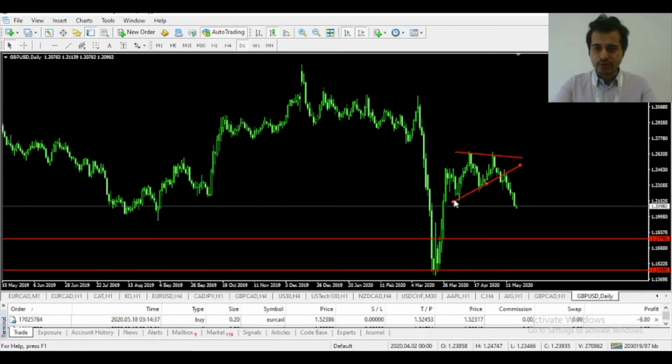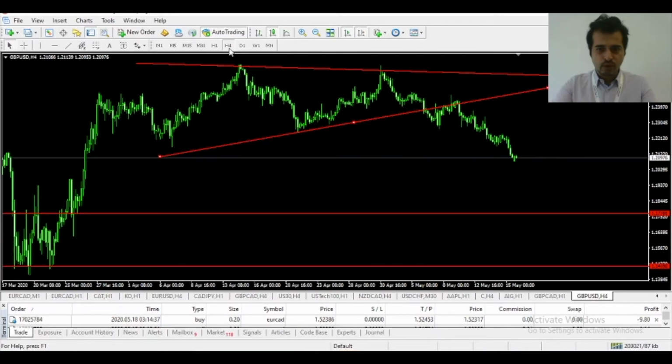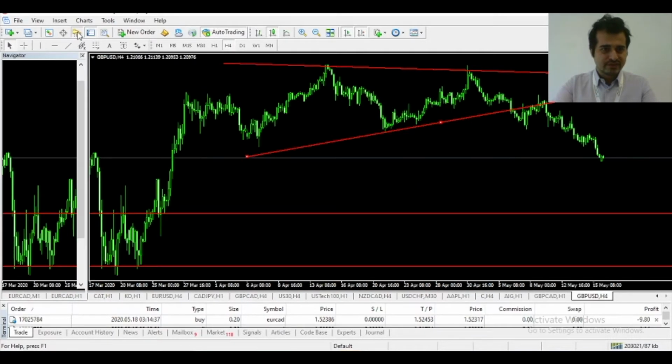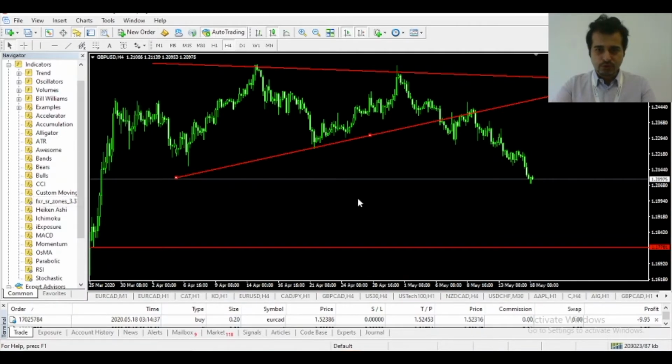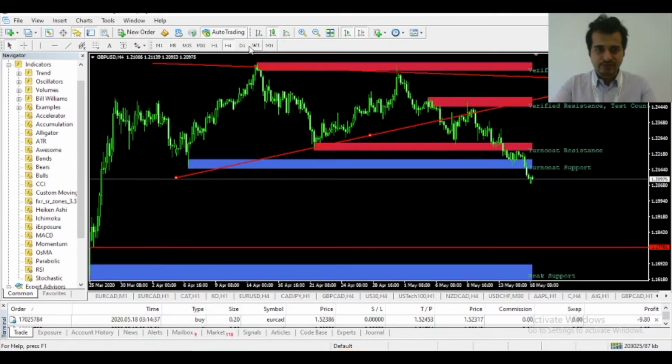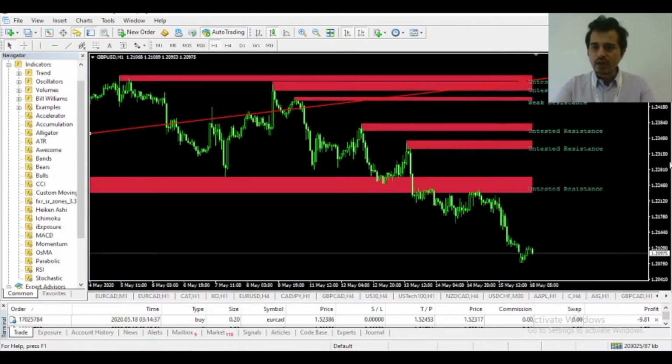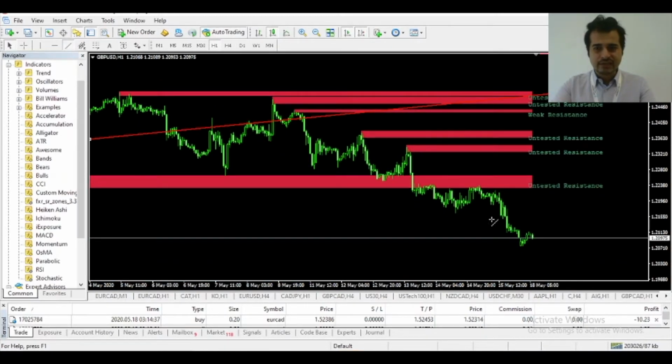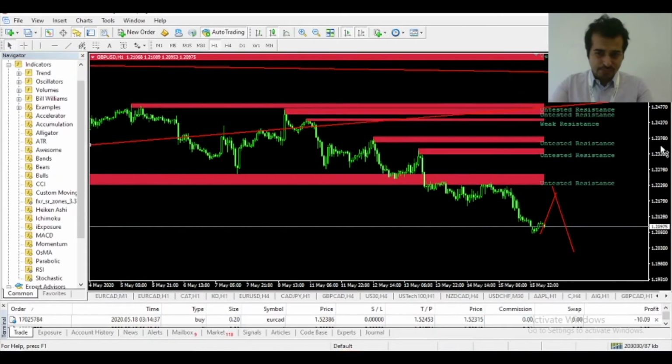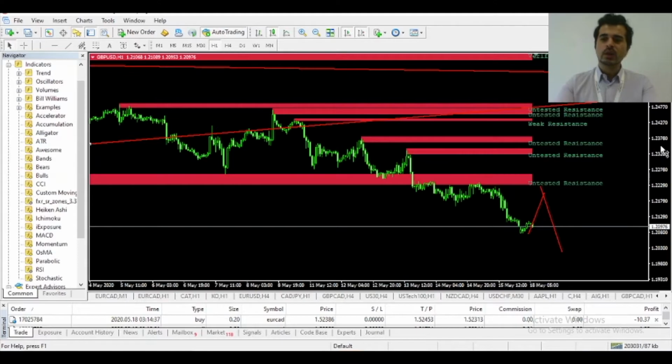However, there could be a potential retracement coming up in the near future, which we can check with supply and demand. You see here, if there is a possible pull up at the untested resistance, we're going to expect the pound to fall. So all in all, I see that there could be a correction coming up, but overall it is going to go down.